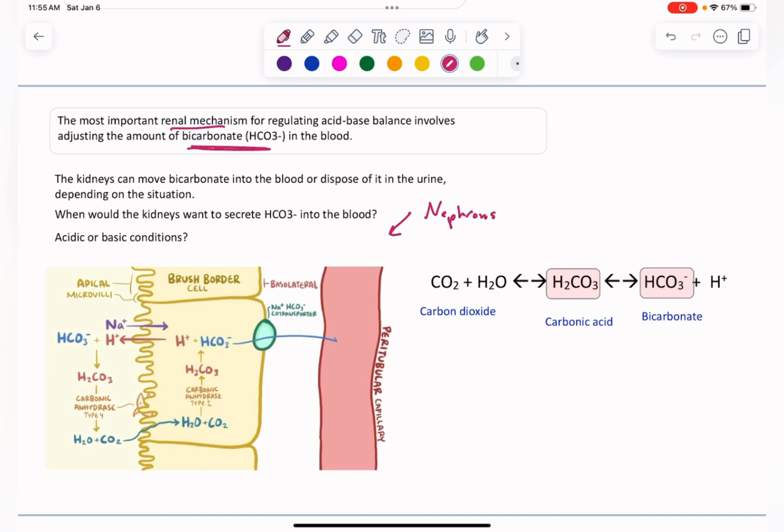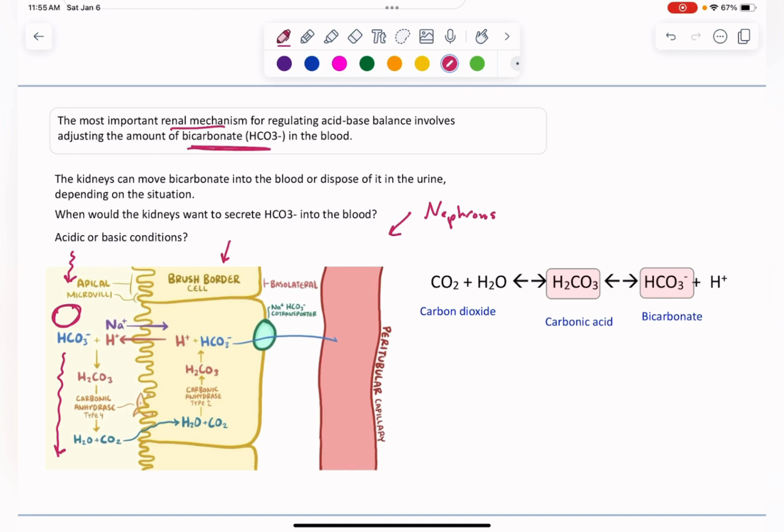And so fluid moves into the nephrons, becomes a fluid called filtrate, and that's what we're looking at here. These nephrons are tubes. This is the lumen of the tube. So this is where the filtrate is passing through, and these are the cells that form the borders of the tube. So anything that moves through this tube, all the way through this tube, is eventually going to become